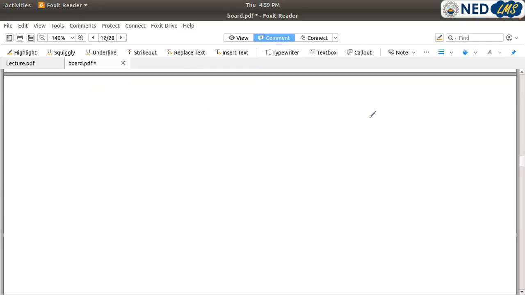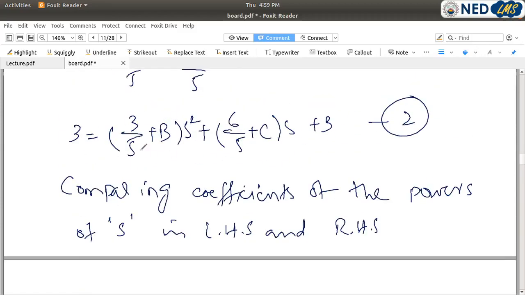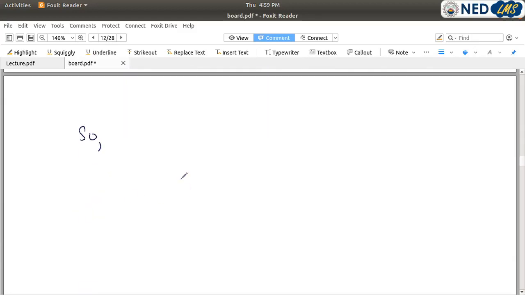So we'll have here the coefficient of s square is 3 by 5 plus b, and the coefficient of s square here is 0. So 3 by 5 plus b is equals to 0 will result in b is equals to minus 3 by 5,